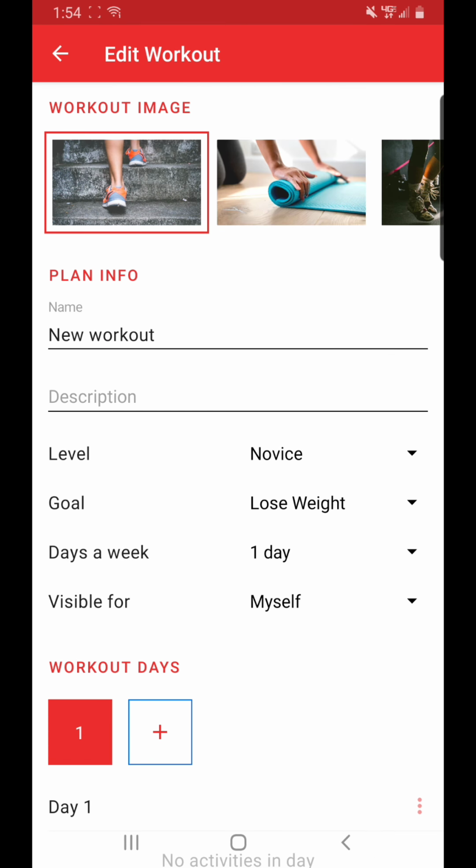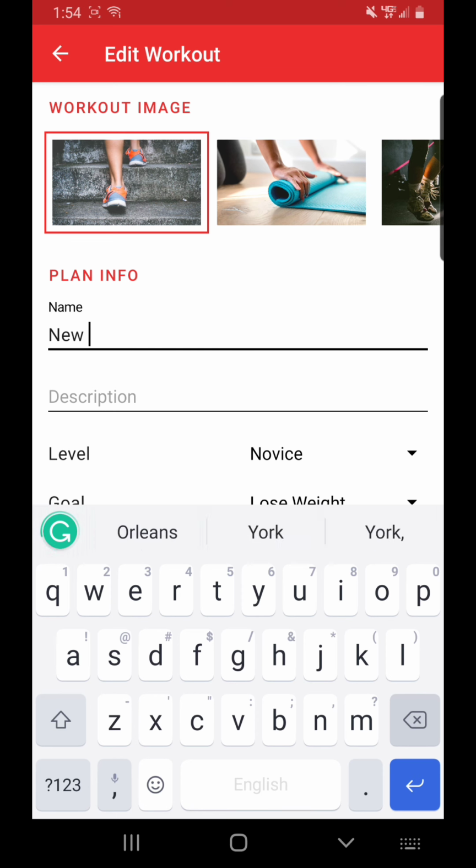So I'm going to name it, again, something a little bit more generic so that I can use this not just for Linda, but I can use this for other clients as well. A lot of work on the front end, a little work on the back end. That's the goal. And that's what she said. So we're going to go ahead and name this Senior Workout